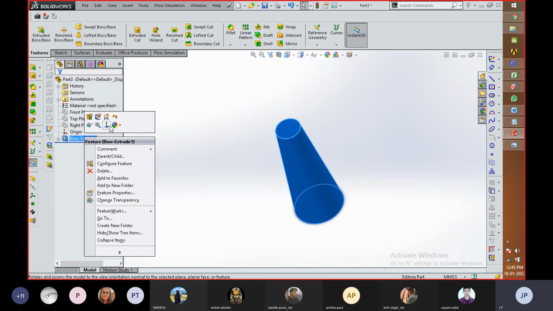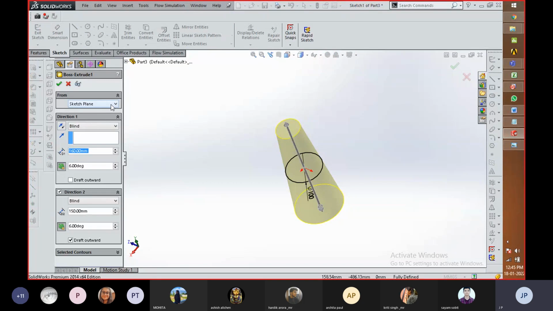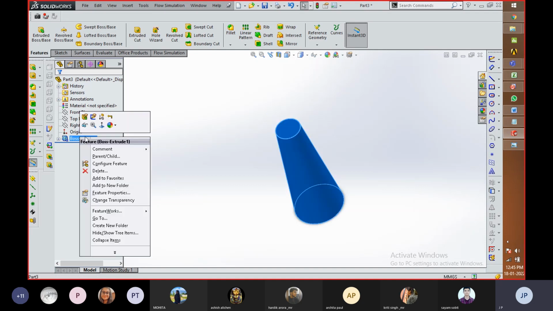Edit Sketch, Edit Feature. Okay, with respect to that, if you need to, actually this is a single part, that's why this option is not available right now. Otherwise you can change the plane also, with the help of which you can correct it if somehow you opted for a wrong plane, and make those changes within a drawing also. Okay.